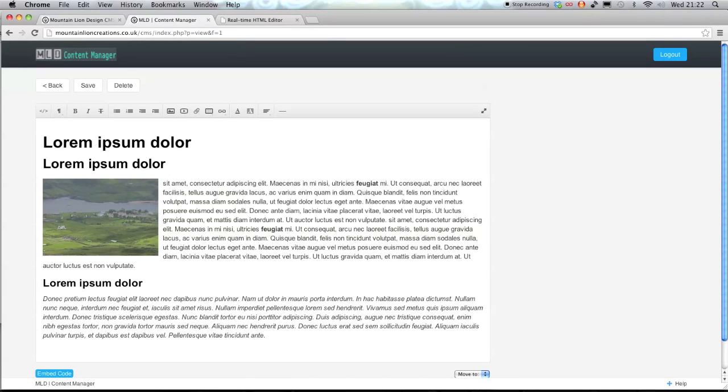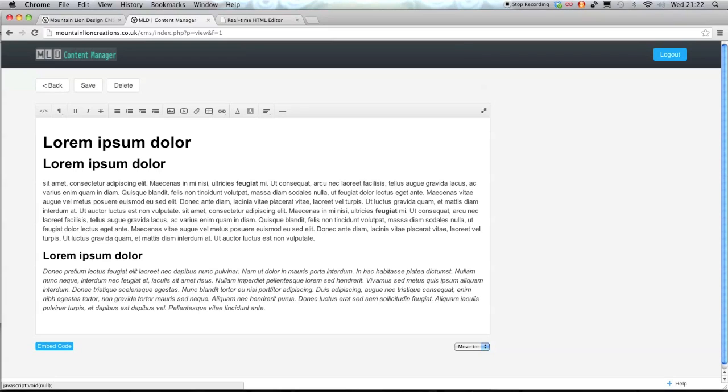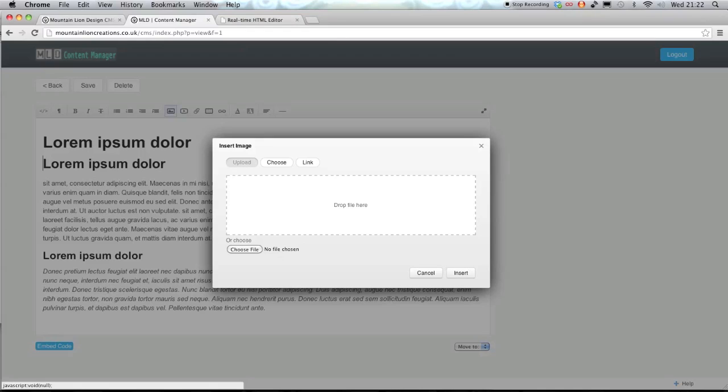If I want to delete that picture, I click on the image again, and this time I can press delete. What that will do is delete it from the web page, but it won't delete it from your database of images. So that will still be there if you wanted to call on it again in the future. This time I'm going to put my cursor in the same place. No, in fact, I'm going to put my cursor just in front of that secondary heading there, just to put the image in a different place. And again, click on my image